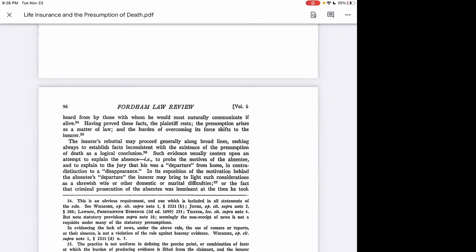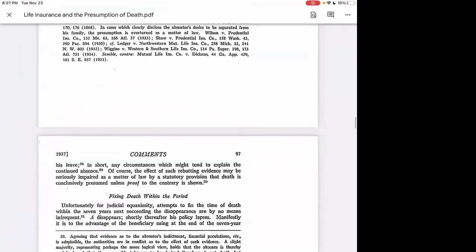So what they're trying to say, from the standpoint of the defendant, is that it's not an absence, they just left. For example, they went to travel, or they went to study or something like that, or they're on a business trip. Okay, so that would be the defenses, or a place where they would come from as to explain why they wouldn't pay out, and the presumption of death would be, for example, a departure rather than an absence. And another sentence.